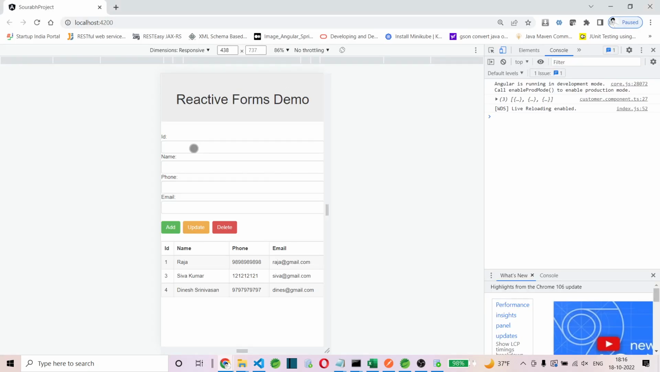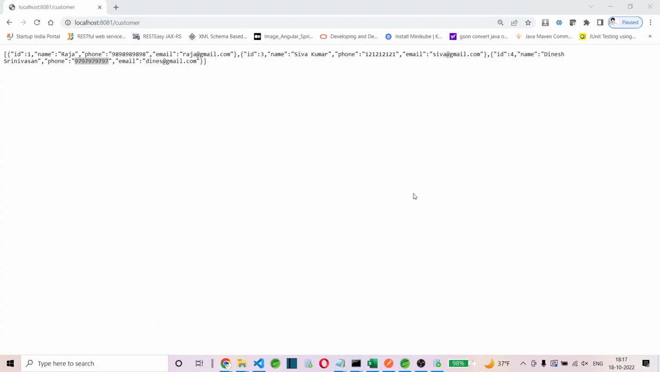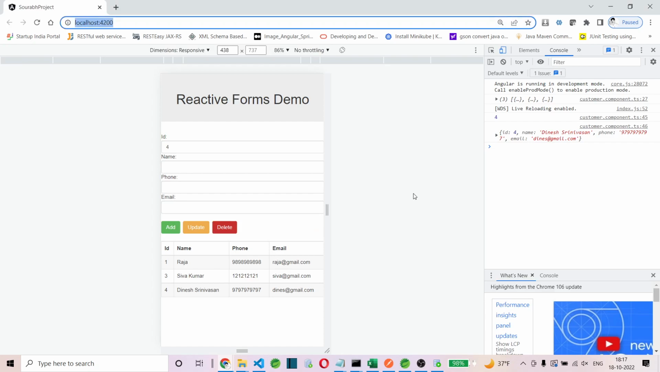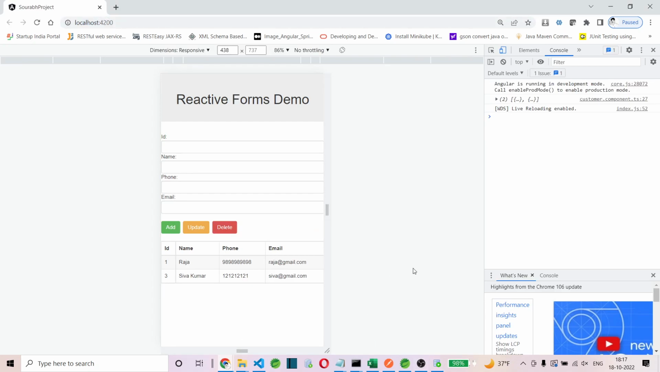So let's go for 4. Delete and check this window. It's deleted. Refresh this window also. It's deleted. So I'm going to start Control Shift